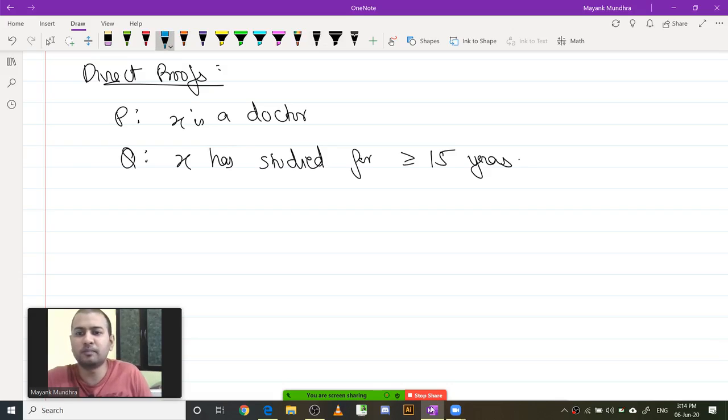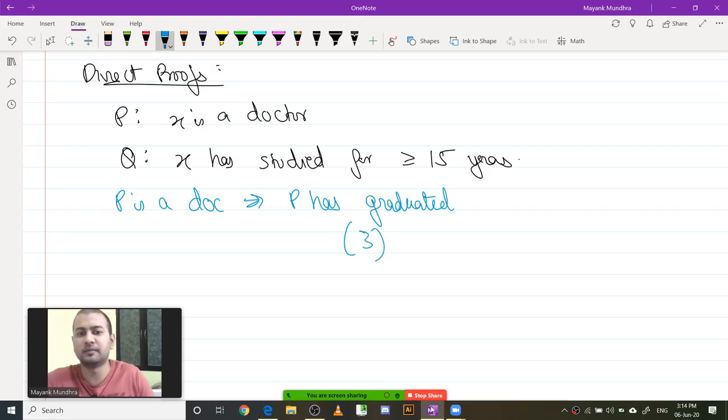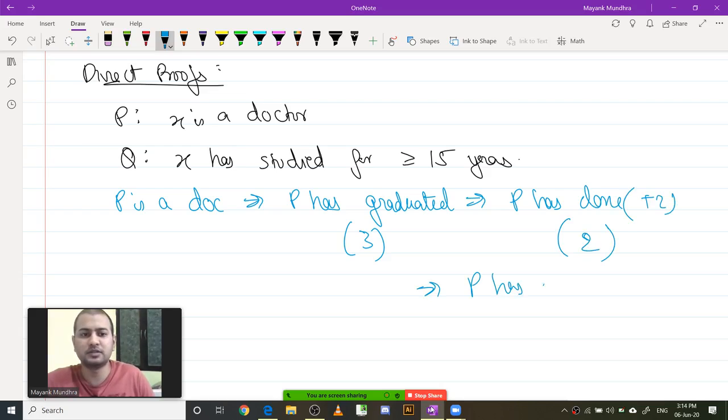So first of all, P is a doctor implies P has graduated. So if he has graduated, 3 years here, implies P has done +2, implies 2 years here, which implies that P has done schooling, which implies at least 10 years here.